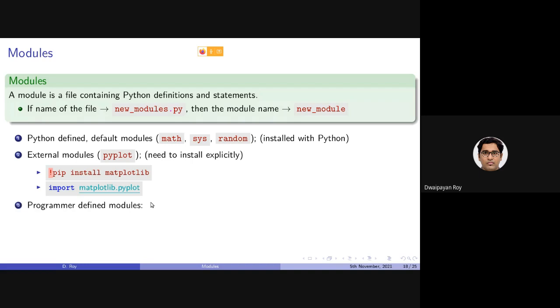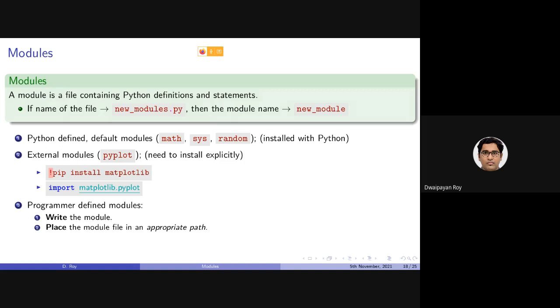The third type of module is the programmer defined module, or how we can define a module for ourselves which can be used later on. There are 3 basic steps to write a module on our own. First, we need to write the module, that is, we need to write a .py file which we will be using as a module.